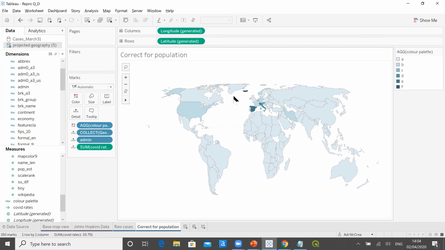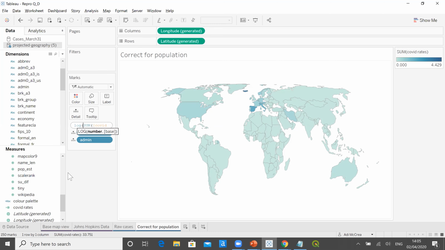Now, returning to the color palette I've created, it doesn't do a fantastic job in pulling out the smaller values here. And we could employ a little logarithmic trick to get more granularity in the lower values, but the payoff is that we lose the ability to pick out the subtleties in the higher rates. Let me make that change now in Tableau. So I'm going to take my rates, put them back onto color. All right, now in the shelf, I'm just going to wrap that rates field in a log calculation,